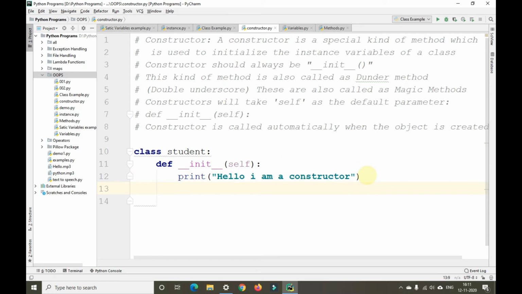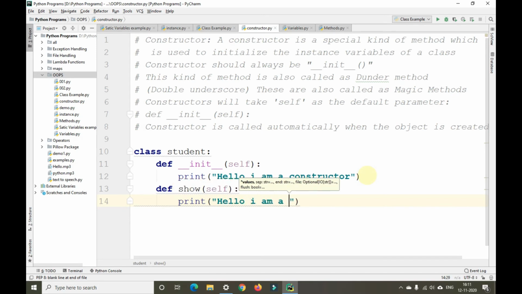Okay, now in the same way we'll define one instance method here, def show with self, print hello, I am an instance method.